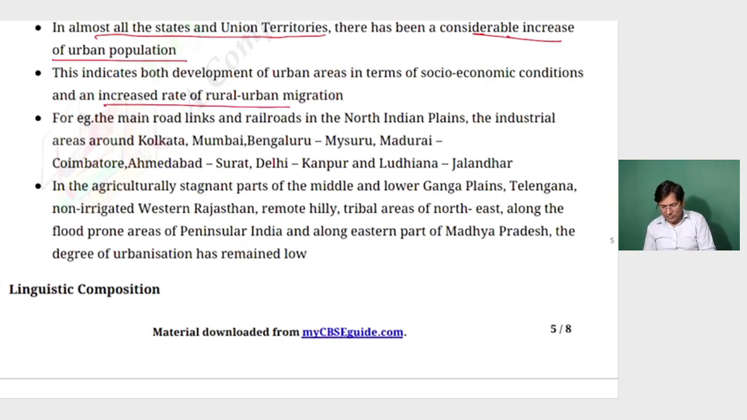It is increasing day by day. If you take the example, the main road link and railroads in the North Indian plains, the industrial areas around Kolkata. अगर हम एग्जांपल लेते हैं इस चीज का कि सिटी जो अर्बन एरियाज का सोशियो इकोनॉमिक कंडीशंस बढ़ रही हैं और रूरल एरियाज से अर्बन एरियाज की तरफ माइग्रेशन इंक्रीज हो रहा है. तो उसका एग्जांपल लेते हैं कि नॉर्थ इंडियन प्लेन्स के रोड के किनारे, रेल रोड के किनारे वाले प्लेसेज, इंडस्ट्रियल एरियाज अराउंड कोलकाता, मुंबई, बेंगलुरु, मैसूर,